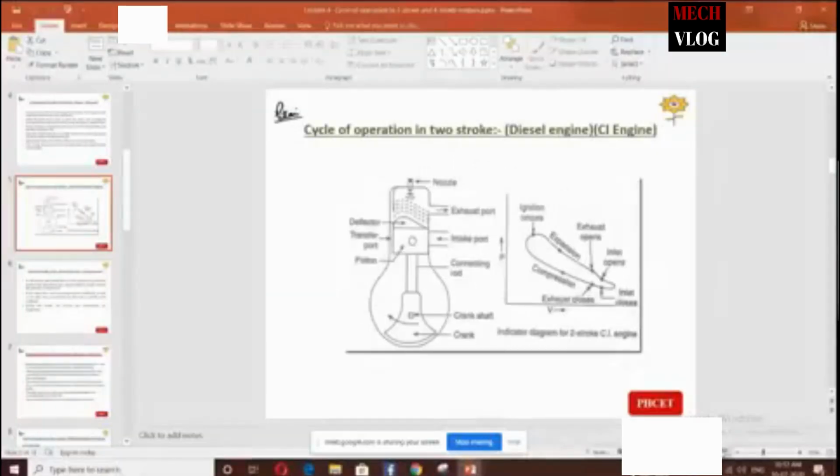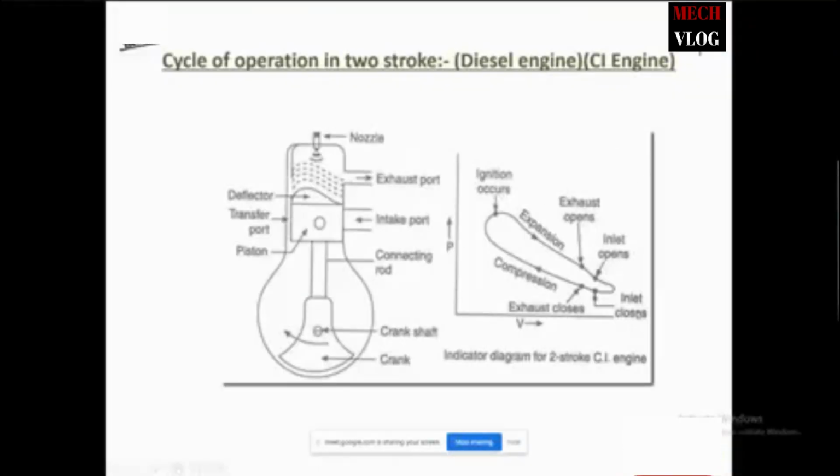And we have one more term, the PV diagram. As you can see, the x-axis represents the volume and the y-axis represents the pressure. From left to right, the volume increases. From bottom to top, the pressure increases. Okay. So first, the exhaust valve is closed and the inlet valve is closed. So we can see from